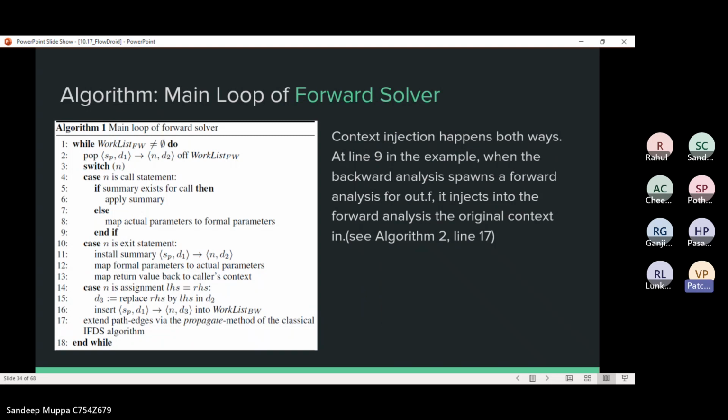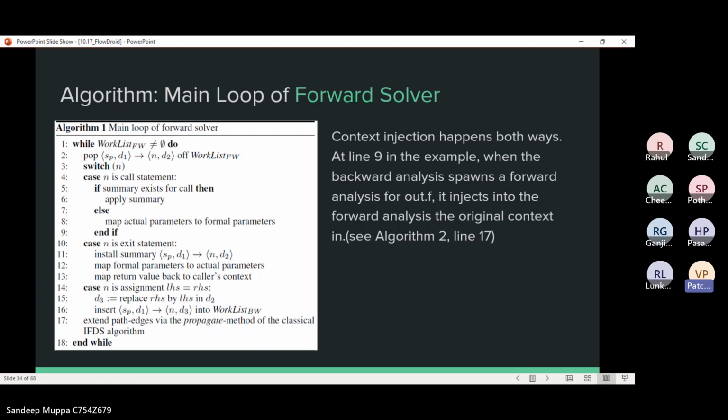Whereas in context injection, it happens both ways, in the forward direction and backward. At line 9 in the example, we can see the backward analysis pass for a forward analysis of out.f. It injects the original context into the forward analysis, in Algorithm 2.